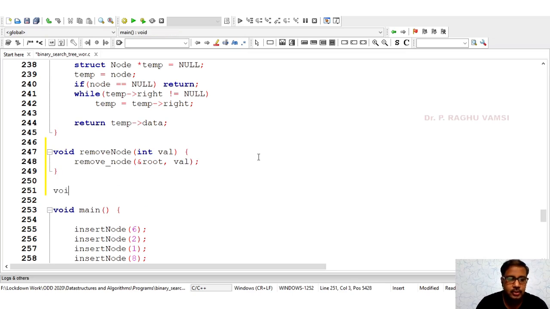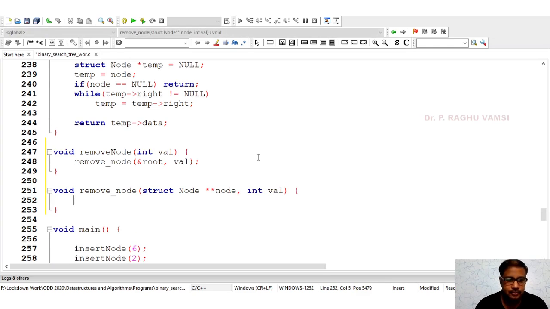Now we'll define remove node: struct node star temp star node, comma int value.